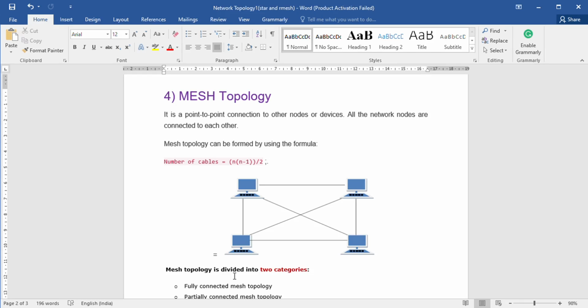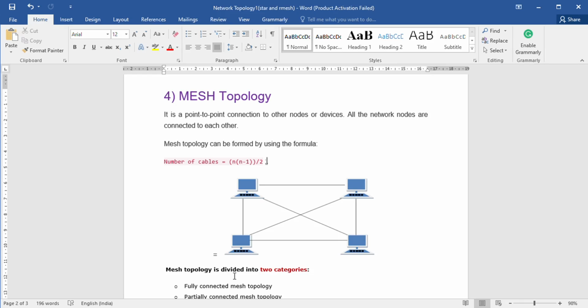It does not contain a switch, hub, or any central computer, unlike star topology, which acts as a central point of communication. Here there is no hub, right? No central part and no switch. The internet is an example of mesh topology. The best example is the internet. Mesh topology is mainly used for WAN implementations where communication failure is a critical concern. Already I told you mesh topology is used in WAN technology.